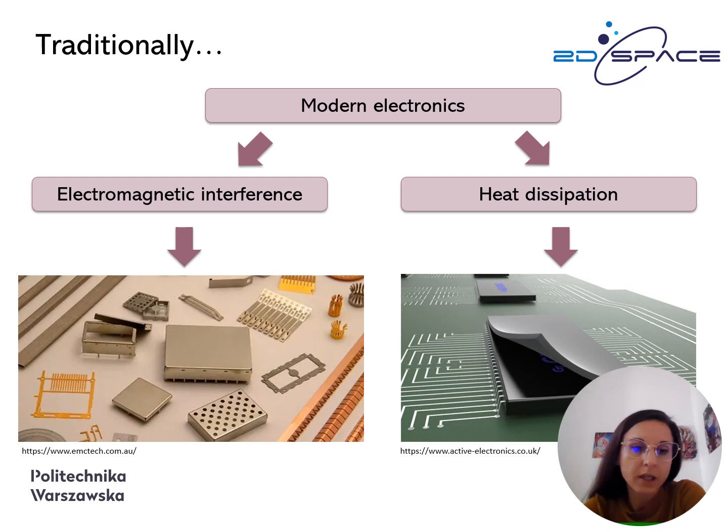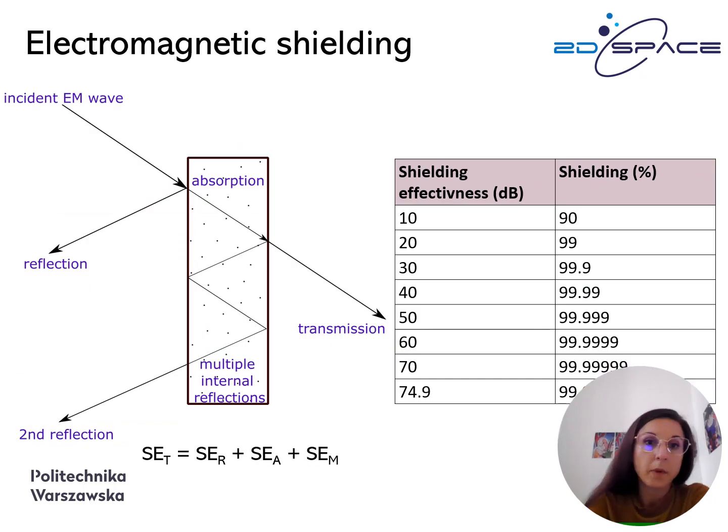Modern electronics is currently characterized by progressing miniaturization, high density of electronic elements packaging, and high power density. This means that we need to protect our devices against electromagnetic interference, because all electronic elements emit radiation, and if not protected, it may interfere with each other and cause malfunctioning. The other issue is protection against overheating, which is a quite complex and severe problem, because probably there is nobody who has not experienced an overheated laptop or overheated phone or other electronic elements. But let's stop here for a moment